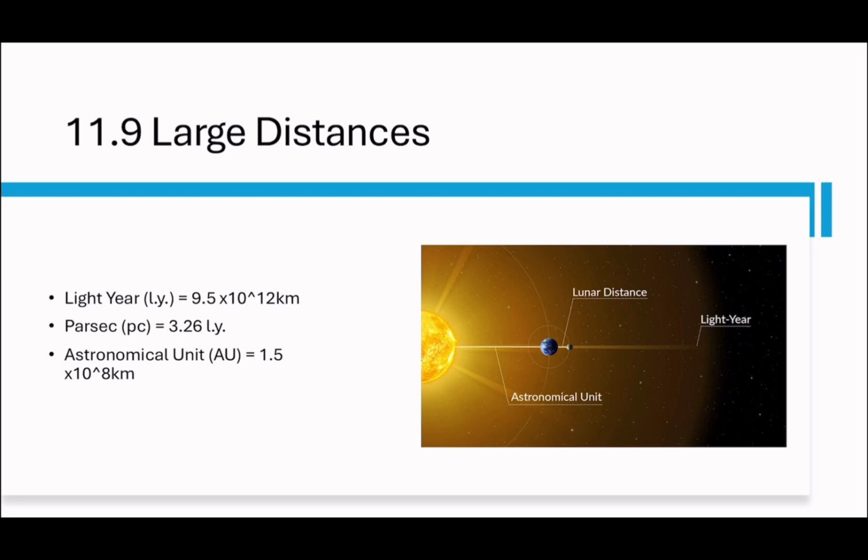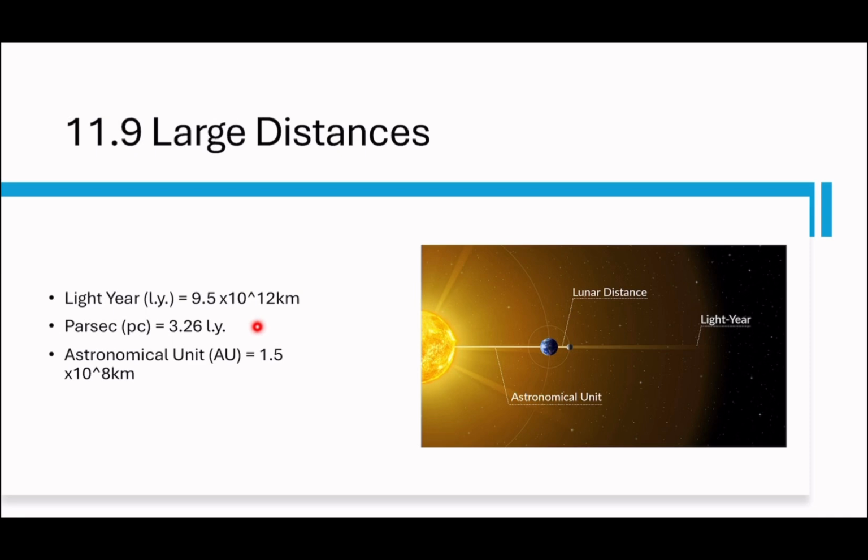Okay, this is quite hard. There are 3 different units we use when we're talking big distances. Light years, which is the distance light travels in a year. Parsecs, which we talk about when we get onto heliocentric parallax. You don't need to know what a light year is yet, but you do need to know that it exists,